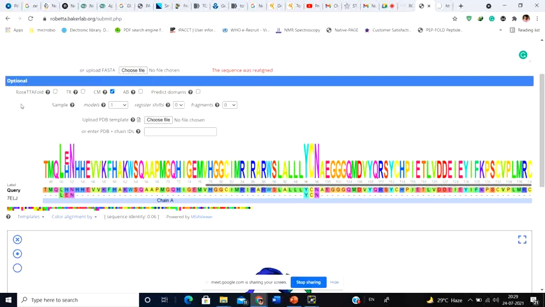Now every day a lot of people upload a particular protein sequence to find out a protein model, right? What happens is that when they upload, the system remembers what kind of structure they are ascertaining to a particular protein.